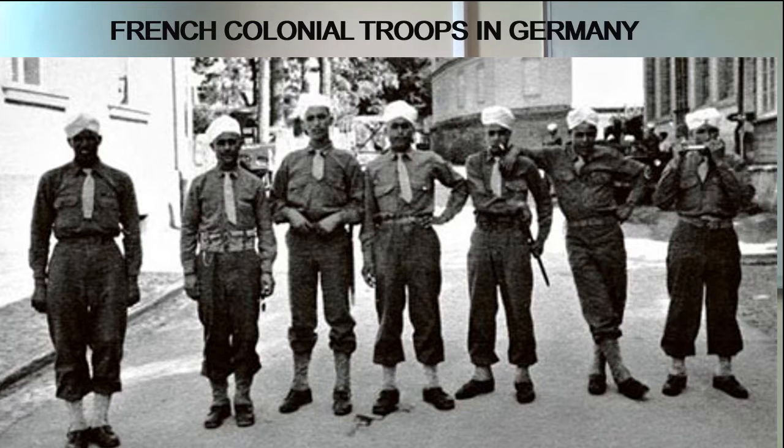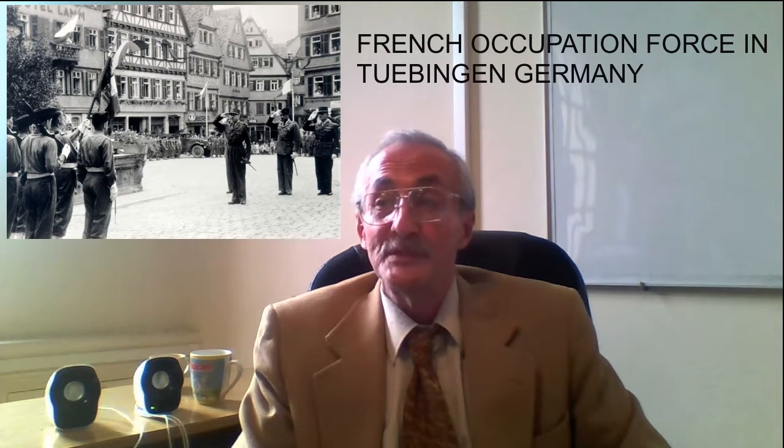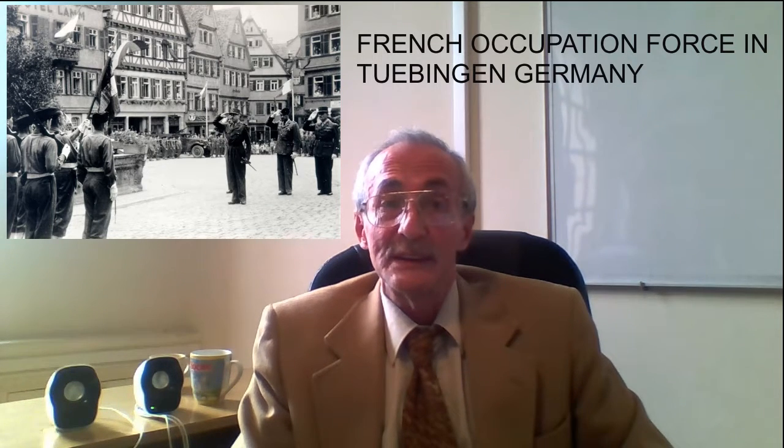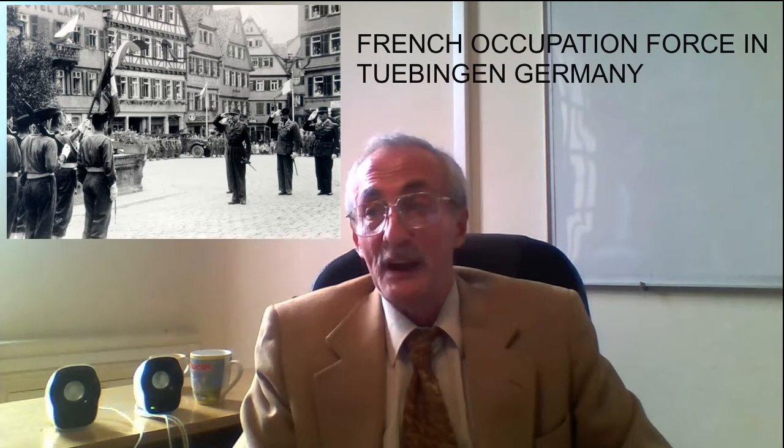And I have heard many, many stories of rape and abuse and theft by the black African troops in the French zone of occupation. And the French authorities not only did not discourage it, but did not do anything against it. They said the Germans deserved it, and if they got a little bit of abuse, that would show them what they did to France